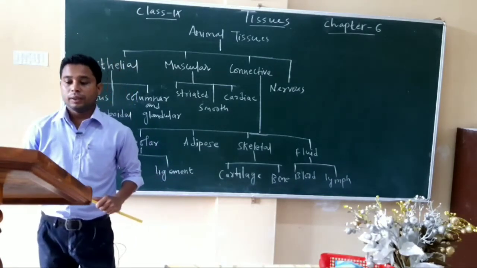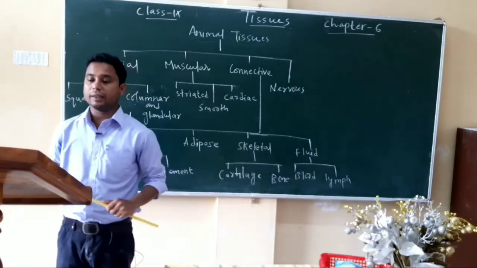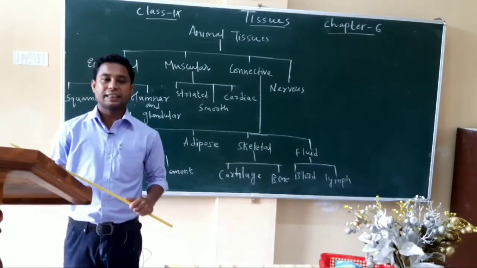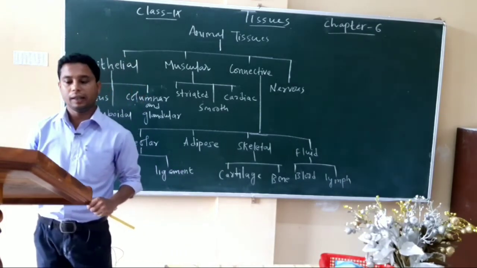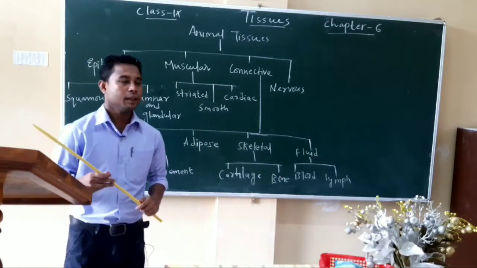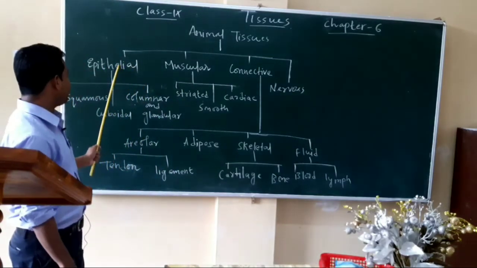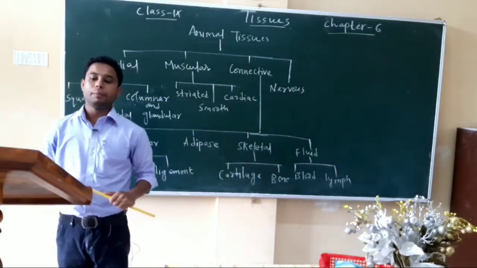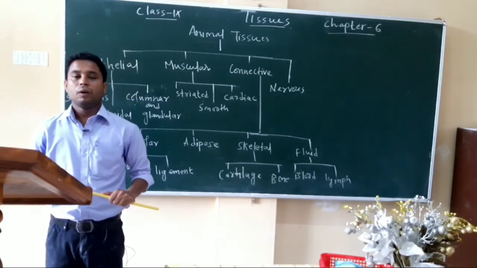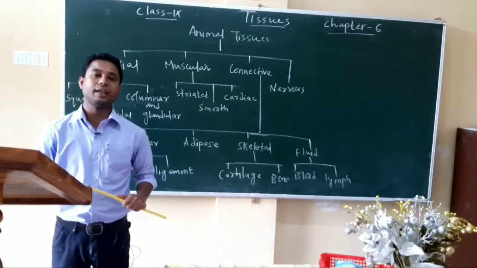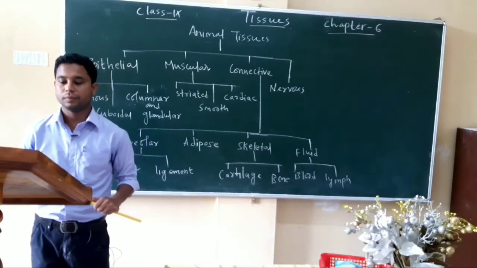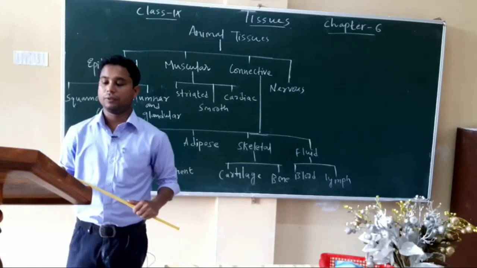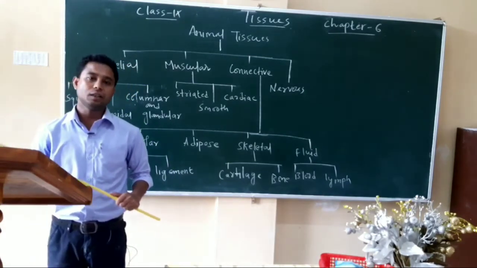Now this is found in skin and covers the external, dry surface of the skin. So stratified squamous are multi-layered. Then the next type of epithelial tissue is cuboidal tissue. Cuboidal epithelium has cube-shaped cells. It forms the lining of the kidney tubules and ducts of salivary glands, where it provides mechanical support.